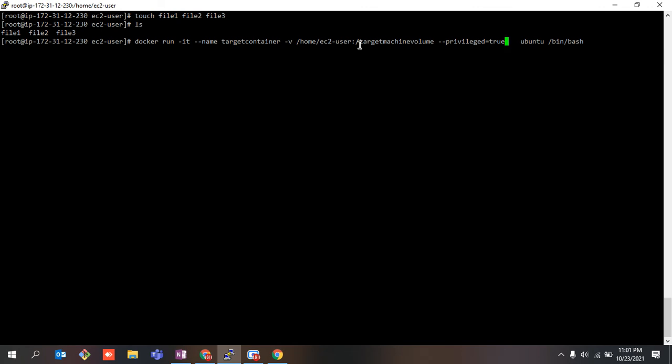So guys, here I have written my command. It will create a container named target-container, and I'm going to share my volume and whatever files are present in this location in the root directory, named as this, into my target container. Okay, just go and hit enter.